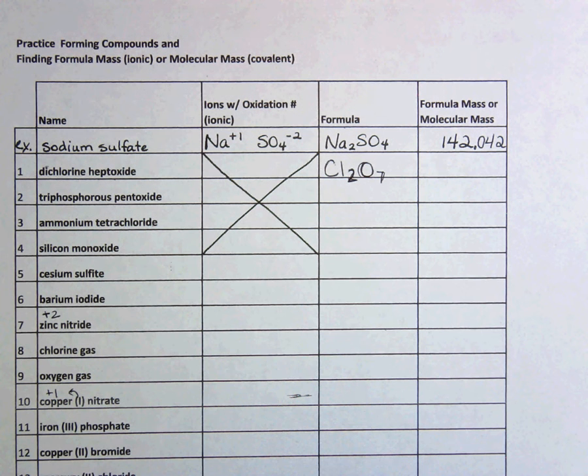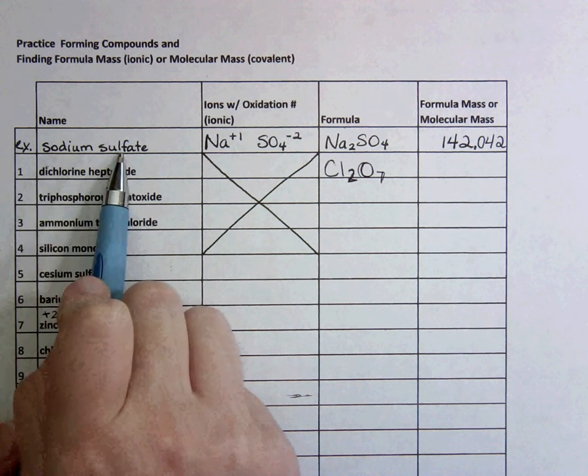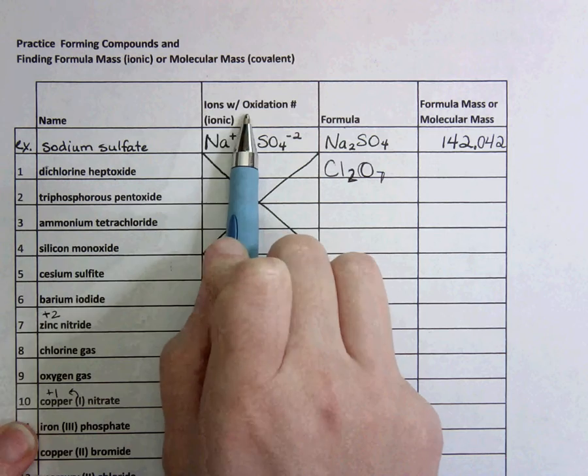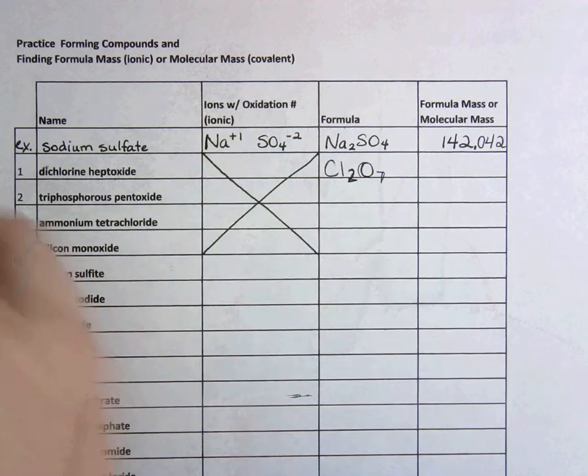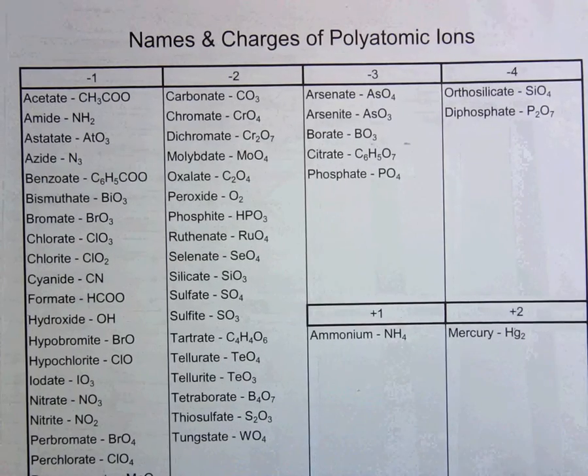Practice forming compounds and finding formula mass. Here in this worksheet we have an example that's already worked for you, sodium sulfate. The first thing you need to do is find the ions with their oxidation number, and you're going to do that by looking at either your periodic table or your polyatomic ion chart, depending on what it is you're looking